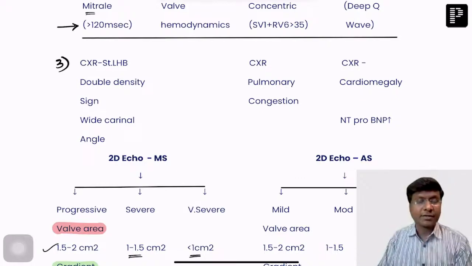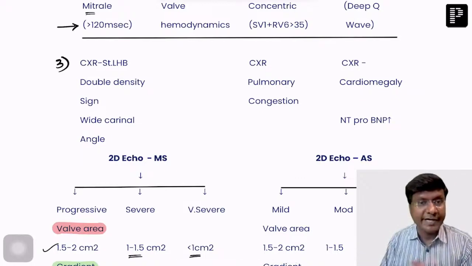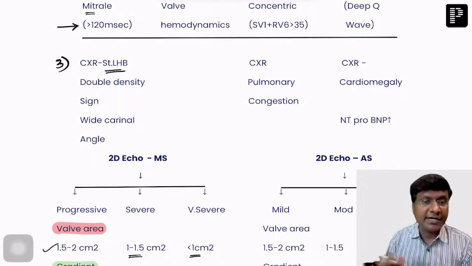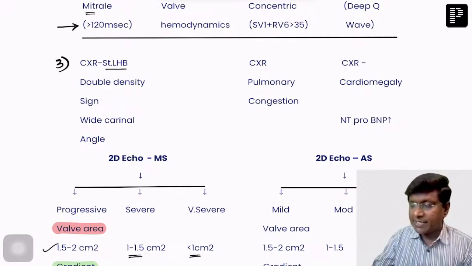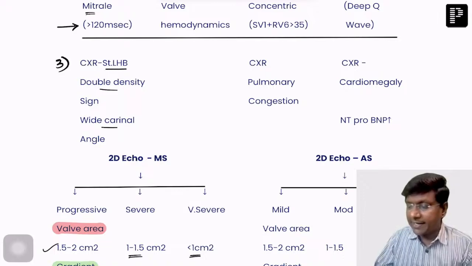So on chest X-ray, normally the left heart border is not straight. But in patients with MS, you will have a straight left heart border. Then why this straight left heart border? All these signs: straight left heart border, double density sign, and wide carinal angle,